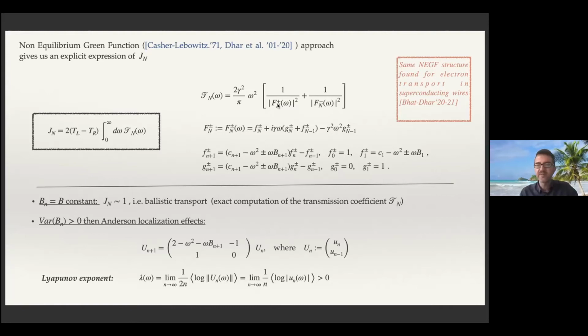And basically, you see Fn plus and Fn minus should be proportional to exponential of n lambda of omega. So it means that Tn of omega will be small, it will be exponentially decaying with some decay given by lambda of omega. So as omega goes to 0, lambda of omega will go to 0. So in the integral, what will count is only the small frequencies. And more exactly,